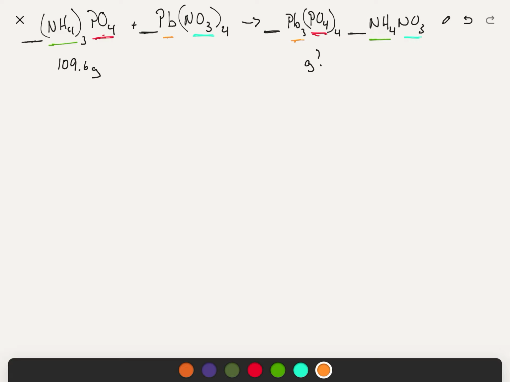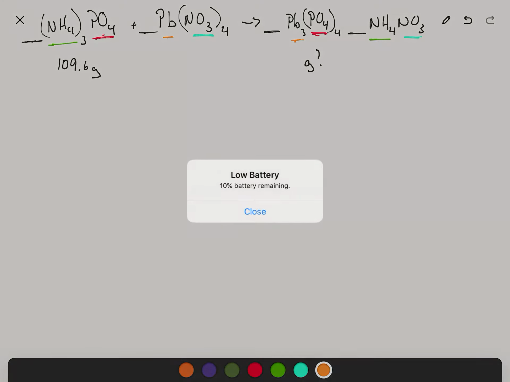So it doesn't always work like this when you're dealing with polyatomic ions, but since all of our polyatomic ions appear on both sides of the equation, I'm going to treat them like they're individual elements. They're always going to stick together throughout, especially since we don't have any other random stuff that we didn't underline on our product side. So it looks to me like they're all going to stick together. So we're going to start with